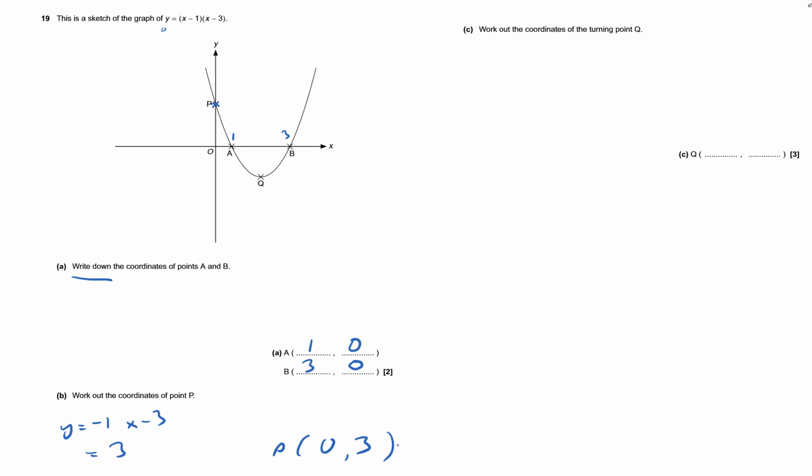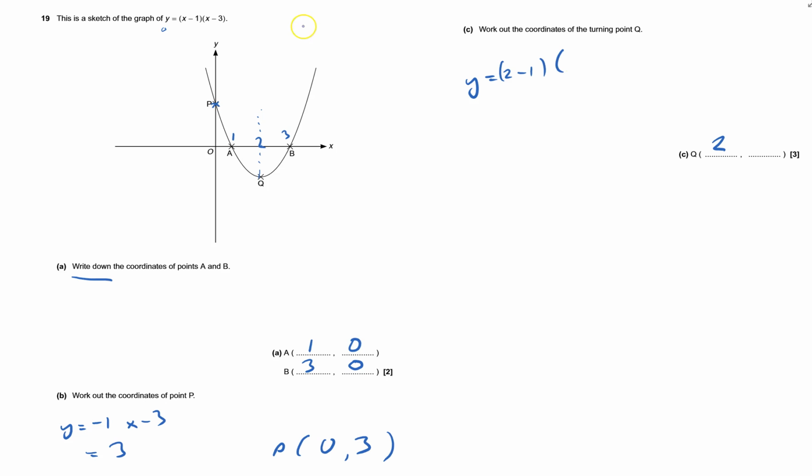And finally, work out the coordinates of the turning point Q. Turning point Q is bang in the middle, it's symmetrical, so the x value must be 2, and once we know that, we can work out what the y value is, because all I have to do is put x is 2 into this, and I get 2 minus 1